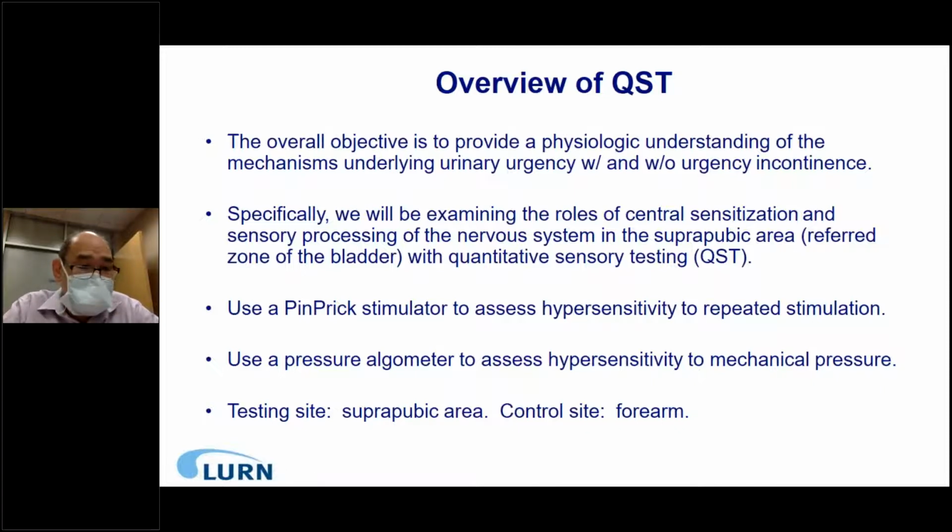So QST is actually one of the standardized ways that we can measure central sensitization, or the sensory processing of our nervous system, to see if there are abnormalities in our patients, explaining why they have such intense urgency or are not able to control the bladder, even though they didn't feel the bladder much at a pretty low bladder filling volume. So QST essentially is a protocol that we designed to measure it, and the key to this is